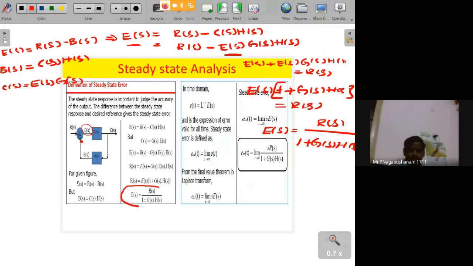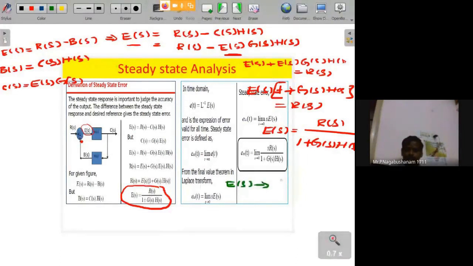This is the E of S. This is the derivation. If it is a negative feedback, you will get positive; if it is a positive feedback, you will get negative. That is the difference. Check it out. This error means the difference between input and output. Error signal, let me use a different color, this E of S